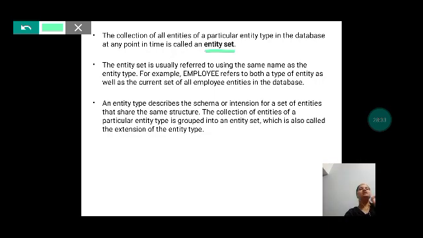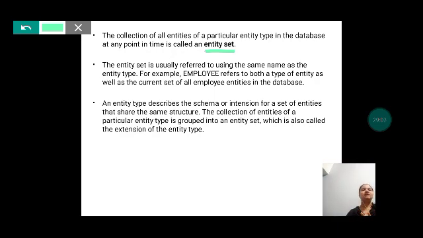Okay, so usually the entity set is referred to using the name of the entity type only, because we will be having entries for that particular entity type itself. Only thing is we will be making the entries here. Entity type is just a name given for that collection of entries. Basically, the entity type describes the schema or intention for a set of entries which share the same structure.